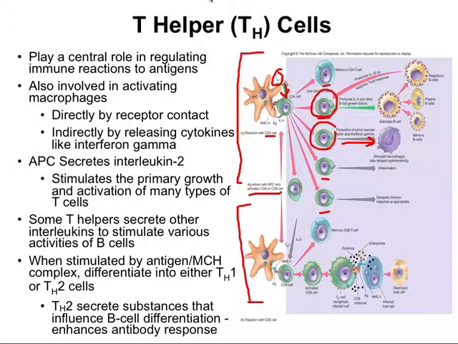The T helper 2 cells are responsible for secreting substances that influence the B cell differentiation and enhance the antibody response. If they become T helper 1 cells, then we're looking at macrophage activation. T helper cells are the most prevalent T cells in the blood and lymphoid tissues. They constitute about 60% of cells in those regions. And it's depression of these T cells, the ones with the CD4 receptors, caused by HIV, which accounts for the immunopathology of AIDS. Shutting down these T helper cells pretty much shuts down the immune response, hence the name acquired